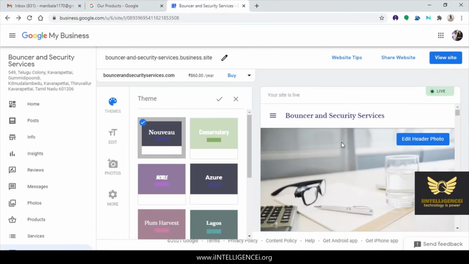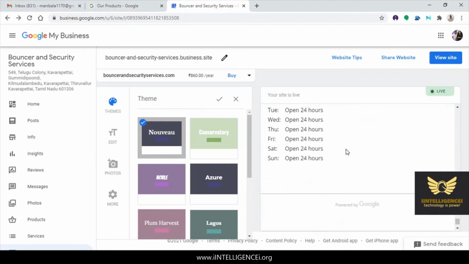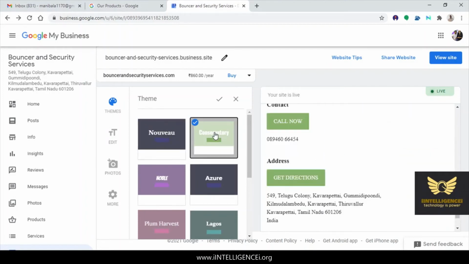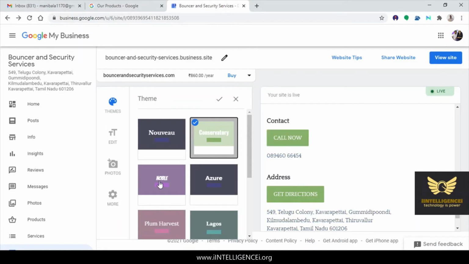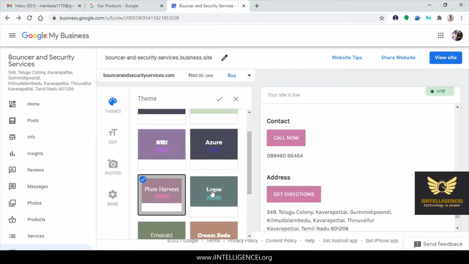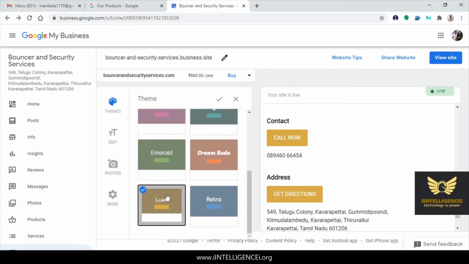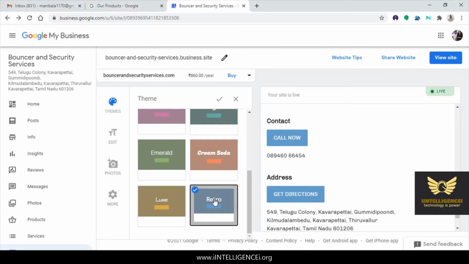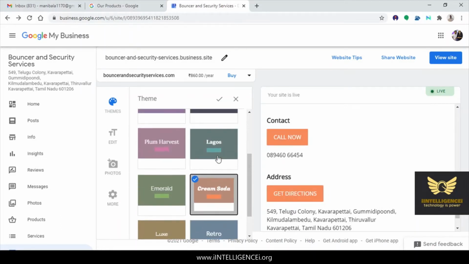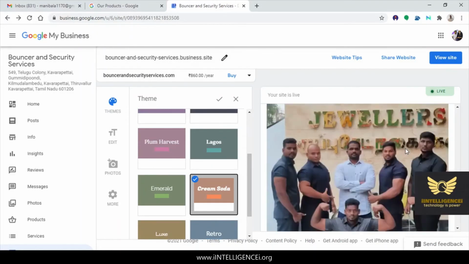Okay, if you want to change the theme, right? If you don't like this theme, these colors, these themes, everything, you can just change it. See, if you go here, this color will be there. If you go to this type of color and click that, it's another color, right? It's a cream soda theme. This is emerald, right? So like this, different themes are there. So I'm selecting this. Looks much nicer, right?